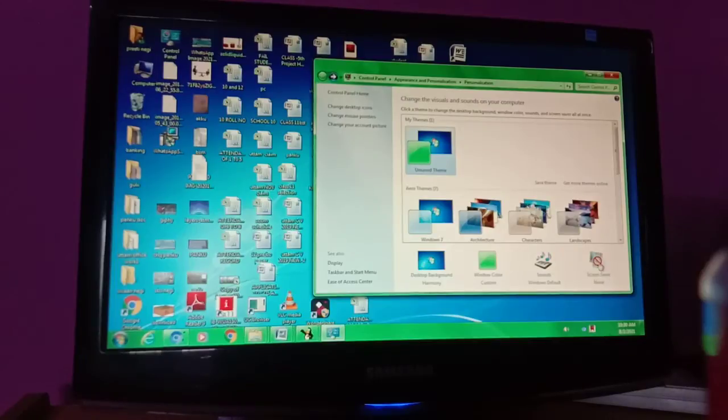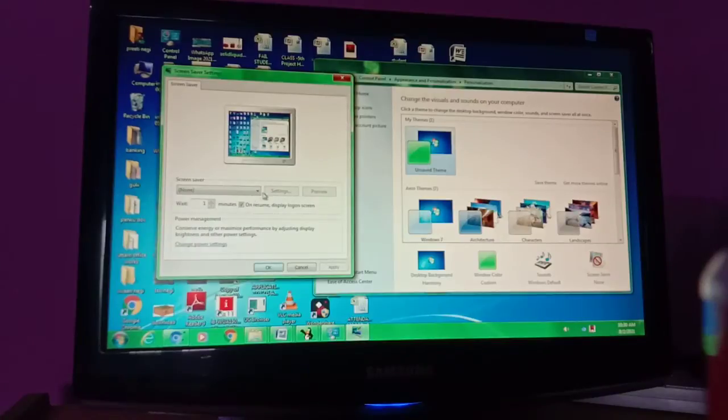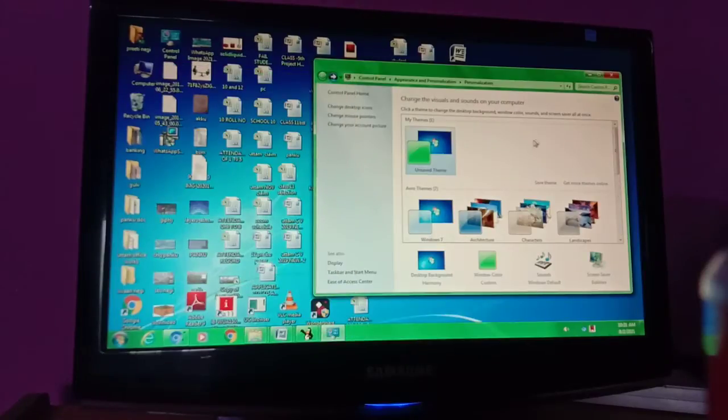One of the best features is the screensaver feature. When your computer sleeps for 1 or 2 minutes, it can save your screen with the help of the screensaver option. Let me show you. Right now no screensaver is applied here. I'm taking bubbles. These bubbles will come after the inactivity of our computer. If we don't work on the computer for some time, these bubbles will come. It is also in your mobile. As you click on OK, it will be applied.